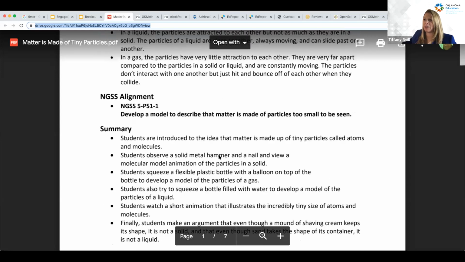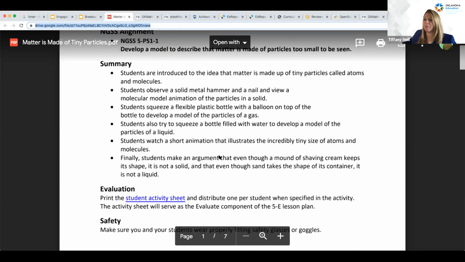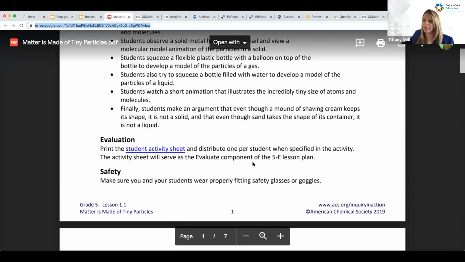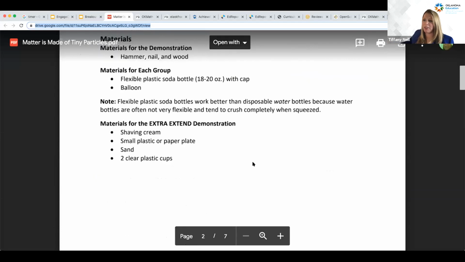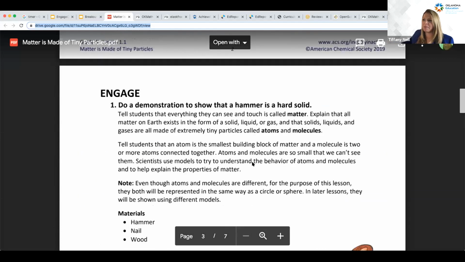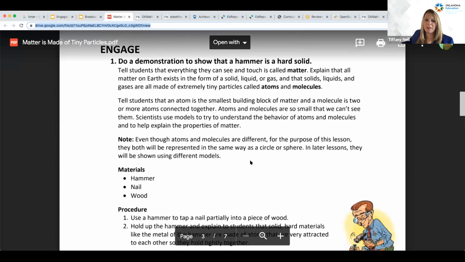I'm going to go on down a little bit here. Right, so once you've got a feel for that, I'm actually going to go to some aspects of the lesson and move past materials and cleanup and such.